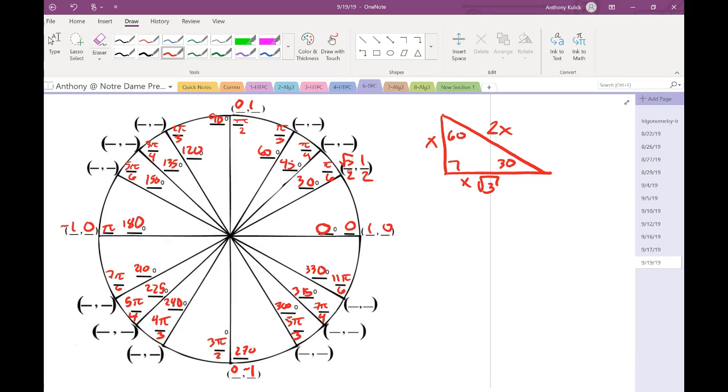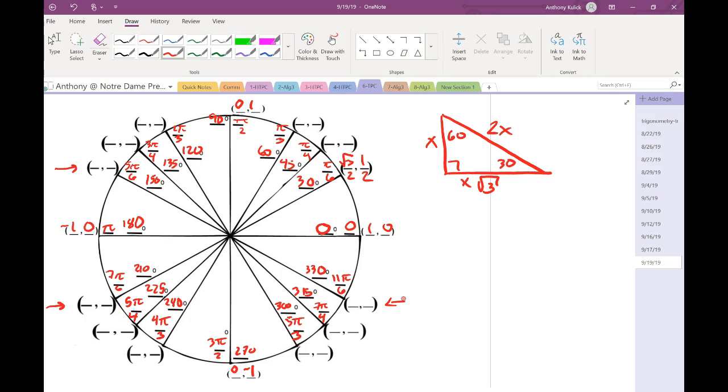And now everywhere where, when I draw my reference triangle, I make a 30-degree angle with the x-axis is going to have coordinates square root 3 over 2, comma, 1 over 2, with the signs being different. So in the second quadrant that's here, and in the third quadrant that's there, and in the fourth quadrant that's there, because when I draw my vertical line back to the x-axis, I would be making a 30-degree angle in